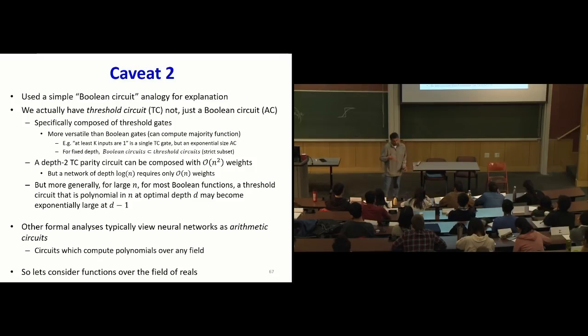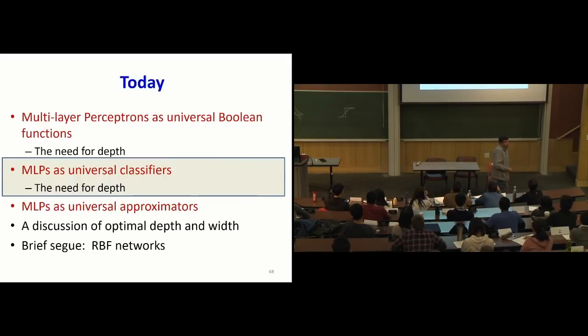Now, we've been talking about Boolean functions, Boolean inputs, Boolean outputs, because these are easy to analyze, but there's a whole class of formal analyses that actually looks at neural networks as arithmetic circuits. We won't get into that, but it's a nice segue into the next topic, which is how do these things function when you operate on real inputs? So we're going to look at MLPs, not as